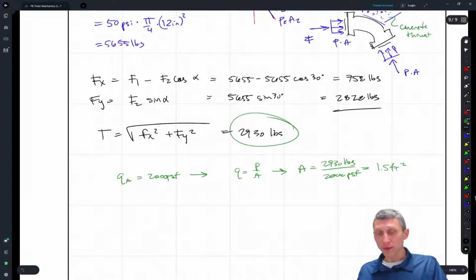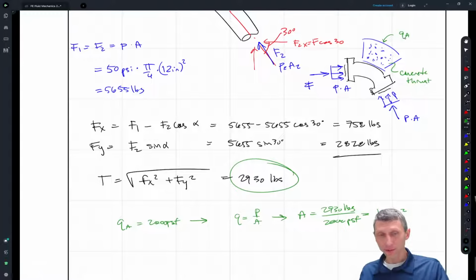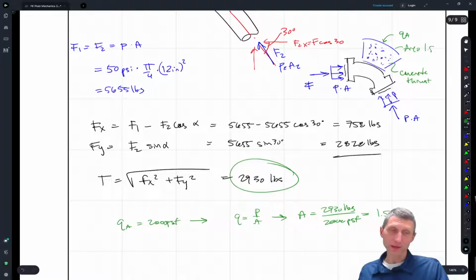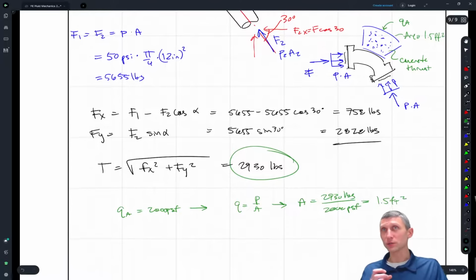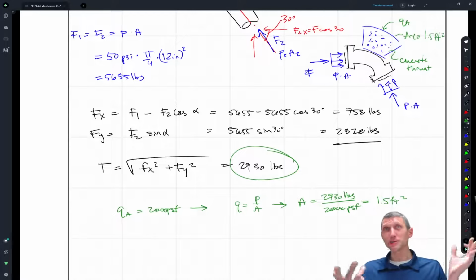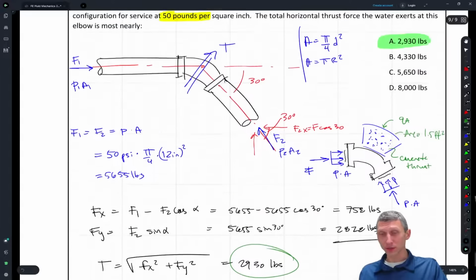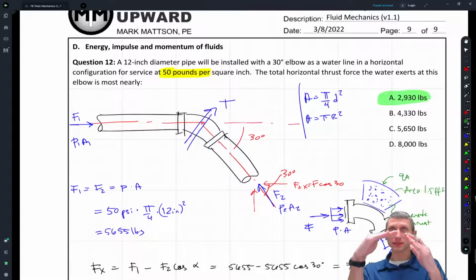So if you have a 12-inch pipe or a 12-inch fitting, you're going to want to size this area up here, and this area is going to be like, let's say, 1.5 square feet. This is just a really simplified version of that. But basically you're trying to put this area of concrete there to spread out the load so you're not overloading the soil and not blowing out your pipe. So this is just a practical civil application to fluid mechanics of impulse momentum, because you have these forces